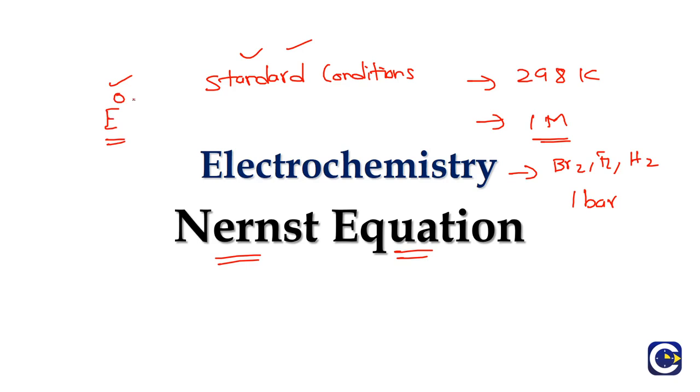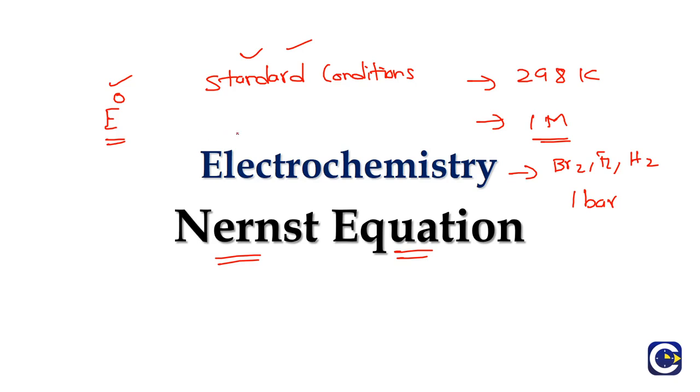So these are the standard conditions, and at standard conditions the electrode potentials we will indicate with E naught. The reduction potential values of various electrodes, we have even seen, we arrange in a tabular form from the highest value to the lowest value. We discussed that the higher the reduction potential, that particular electrode will be able to act as a cathode, and the lower the reduction potential, that will be acting as an anode.